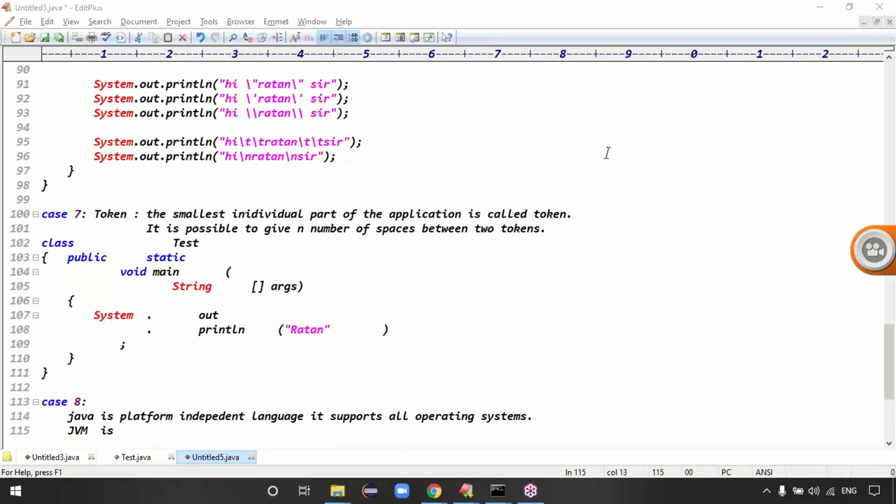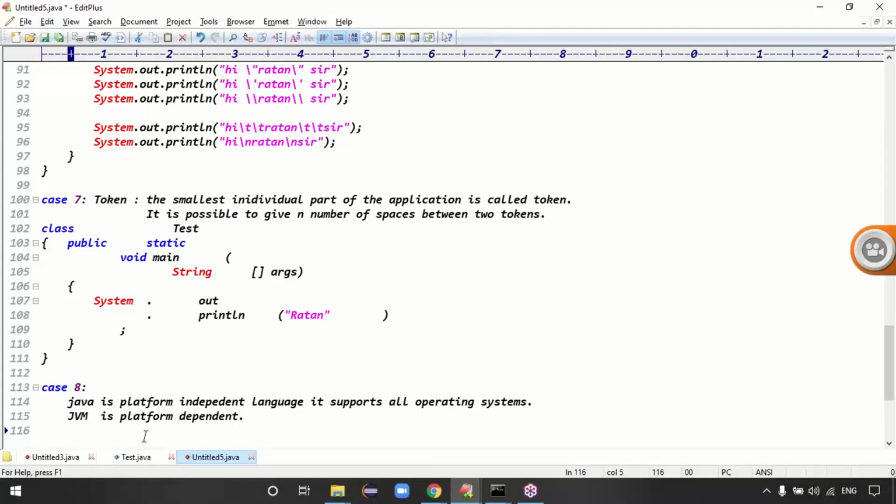Exactly. Yes, Java is a platform independent language. It supports all operating systems. But JVM is platform dependent, right? Exactly, guys, because it comes along with the JDK software. The software changes from OS to OS. So if you want to write the point: JVM is platform dependent because it comes along with the JDK software.